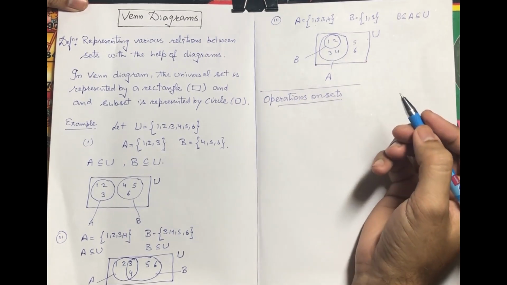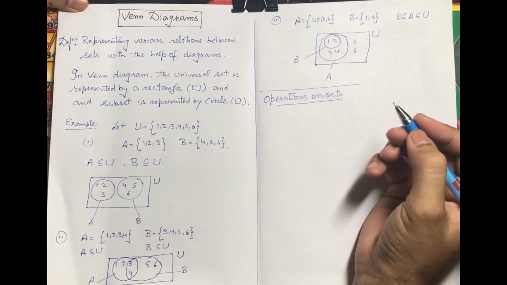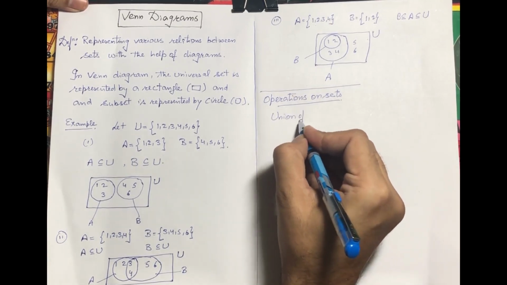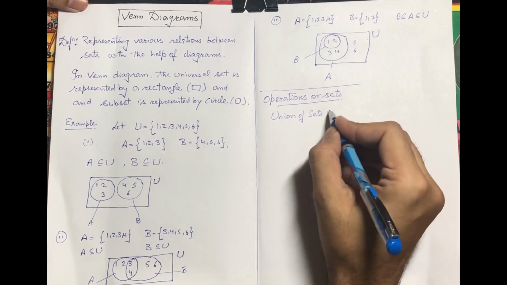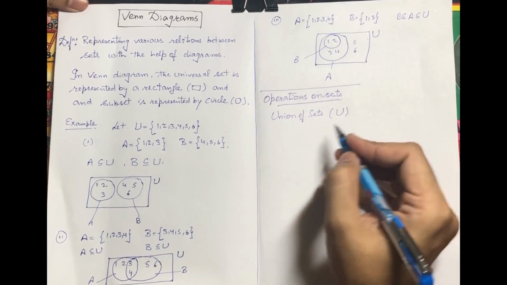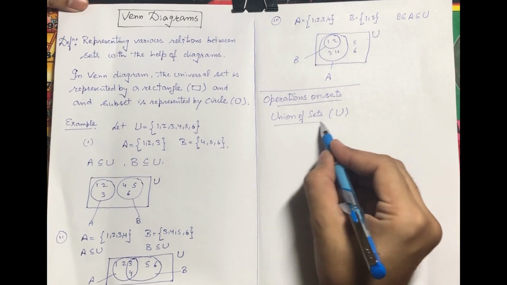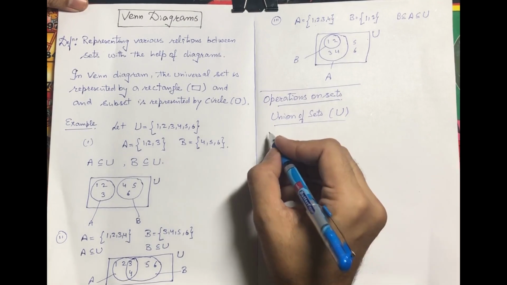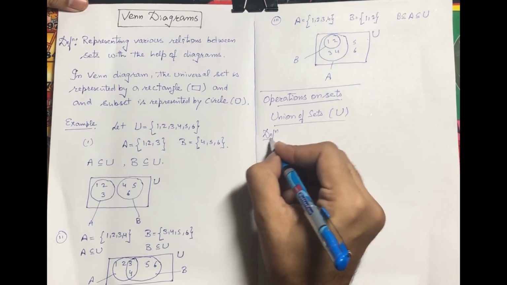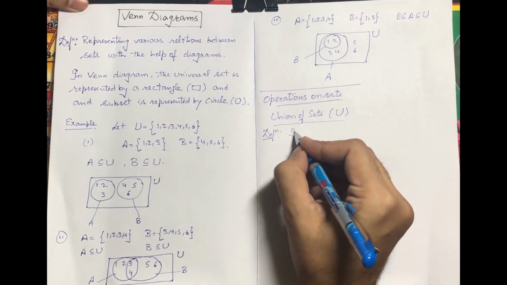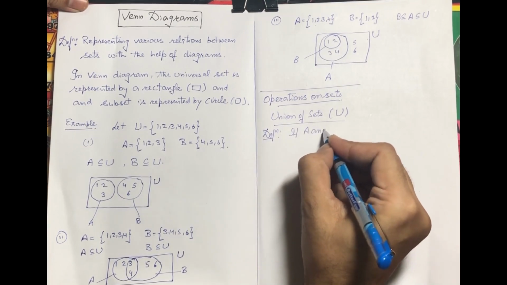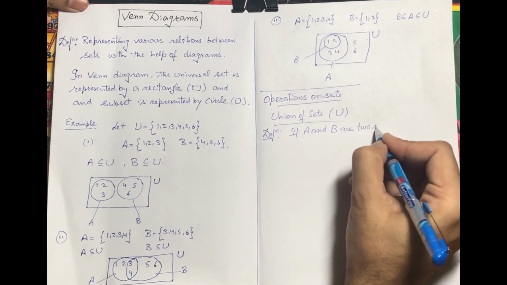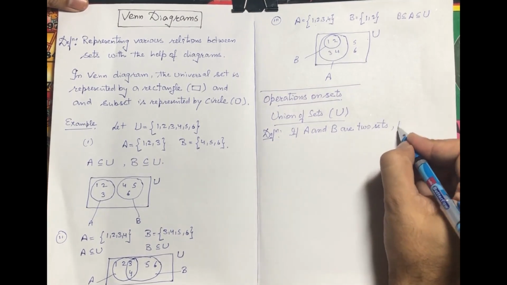So the first operation is union of sets. It is denoted by the symbol ∪. So whenever we encounter this symbol, we read it as union of sets. So first, the definition of the union. If A and B are two sets, then